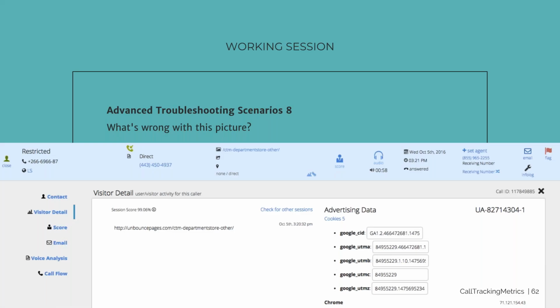Okay, and then this one, what is wrong with this picture? This is the old analytics here. So usually if you see 5 cookies, that's a sign that it has old analytics, very outdated. It's going to be hurting you, so please update it.